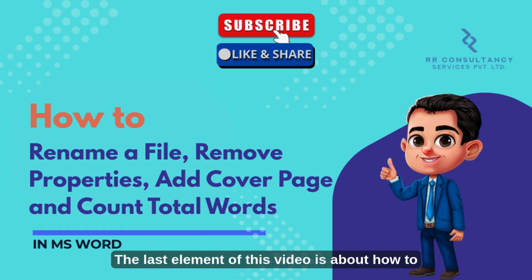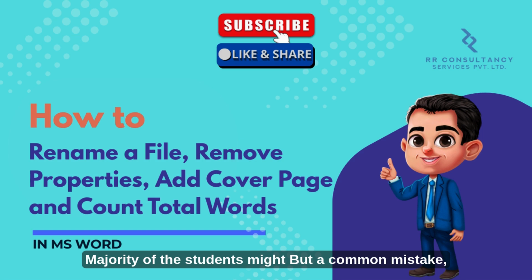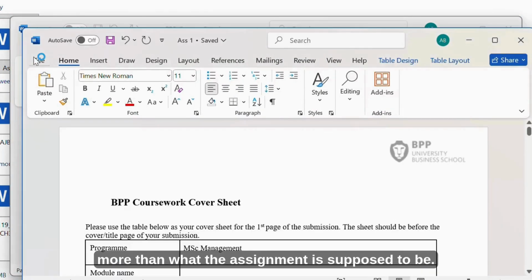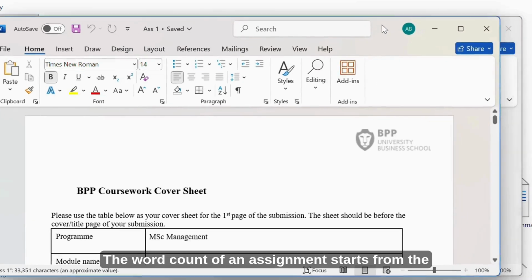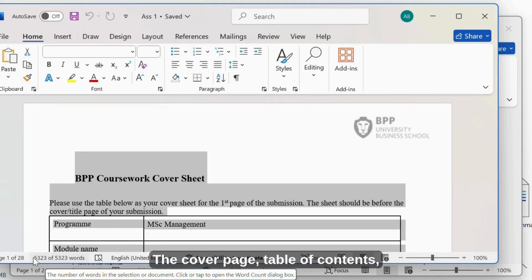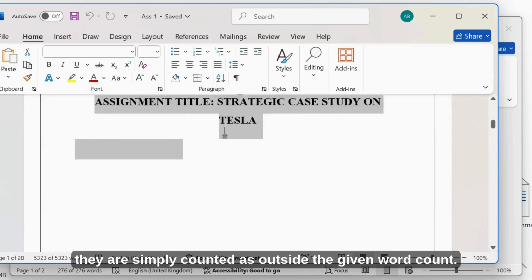The last element of this video is about how to count the total words in your assignment. Majority of the students make a common mistake, they select the entire file by pressing Ctrl+A and see the below mentioned word count, which is obviously more than what the assignment is supposed to be. The word count of an assignment starts from the introduction and ends where conclusion ends. The cover page, table of contents, reference list, and if appendices are present, they are simply counted as outside the